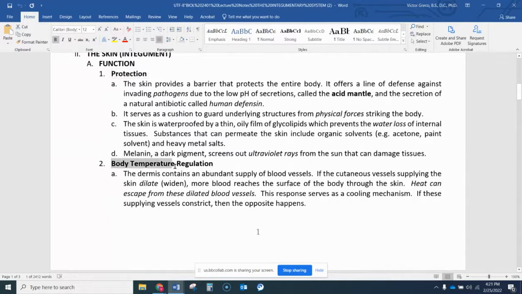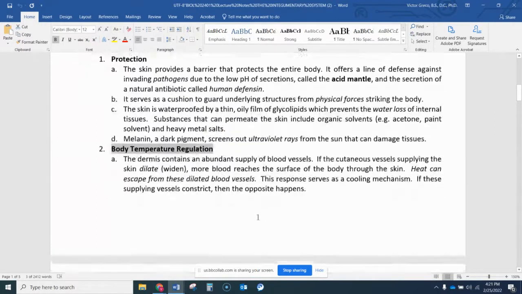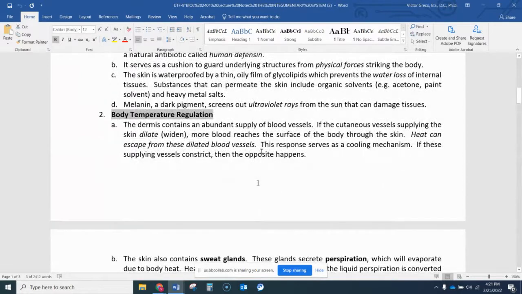The skin also regulates our body temperature, right? A couple of ways. One is by dilating the blood vessels in the dermis. And when those blood vessels dilate, there's more blood near the surface of the skin, and that heat from the blood can then dissipate out into the atmosphere, cooling you down. And just the opposite, if we need to conserve heat because it's cold, well, those blood vessels can then constrict, and therefore keep the blood more into the core of our body,